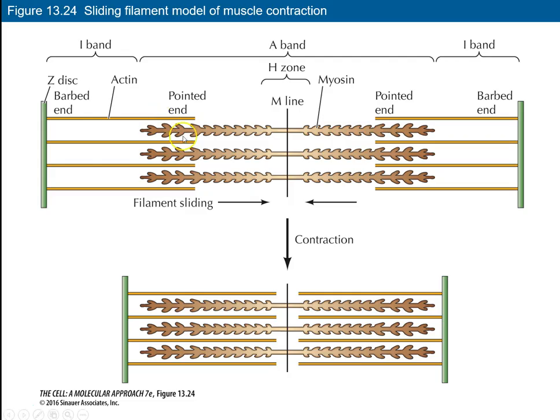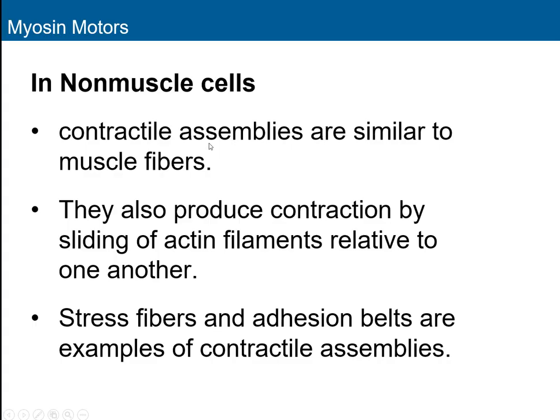Okay, so we can get into more details with this, but we're not. Just understand that in the sliding filament model of muscle contraction, the actin and the myosin, those are the filaments we're referring to, slide past each other, and you basically get shortening of that sarcomere. Again, it's the myosin grabbing a hold of the actin. I think we may talk about that in a little more detail. So it's not really just simple sliding. There's a lot more involved, and there are other proteins involved as well. Okay,